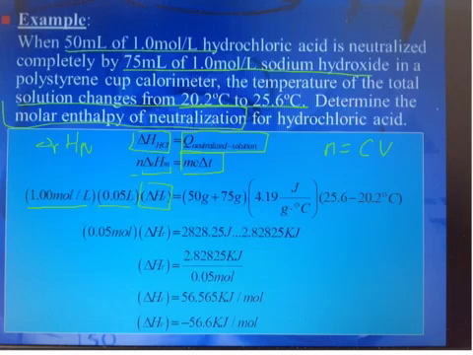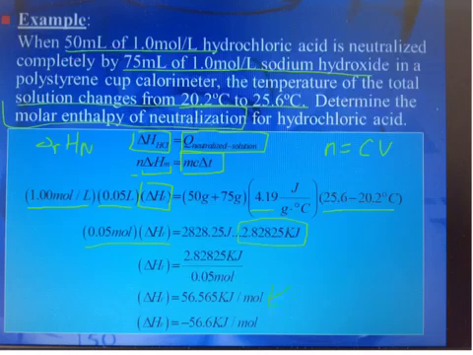On the right-hand side, the total mass of the water is 50 milliliters plus 75 milliliters, 125 milliliters. That is represented here. The specific heat capacity of water is 4.19, and the change in temperature went from 20.2 degrees to 25.6 degrees. Simplifying everything on the right-hand side, we have 2.828 kilojoules. On the left, we have 0.05 moles times ΔrH. And if we divide 2.8 kilojoules by 0.05 moles, we'll have